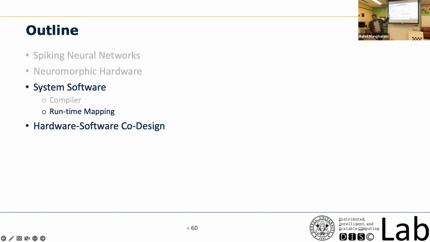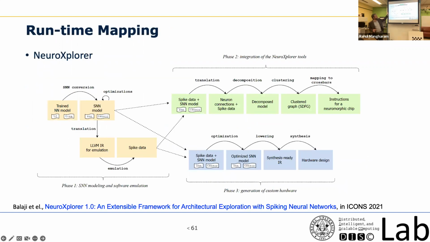I will show only this slide because the entire runtime is very different. This is our Neuro Explorer framework, which can do software and hardware optimizations at the same time. Simultaneously, it can automatically generate your neural architecture onto FPGA. I'll not go into too much detail about it because there is a whole bunch of stuff associated. I'll just quickly move on to the co-design aspect and then call it a day.